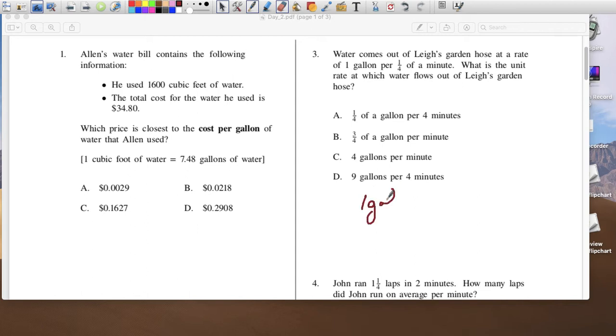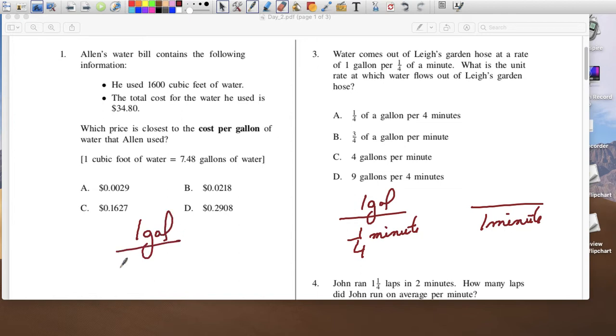Water comes out of Lay's garden hose at a rate of 1 gallon per 1/4 of a minute. So 1 gallon, you get 1/4 of a minute. What is the unit rate at which water flows out of Lay's garden hose? So the unit rate, we want it per minute, right? So in 1 minute, how much? Well, again, you got choices over here. So if you wanted to write this as 0.25 per minute, that would be the same thing. And then in this case, if you wrote it as a decimal, you can divide this by 0.25 and divide the top by 0.25, and you're going to get 4 gallons in